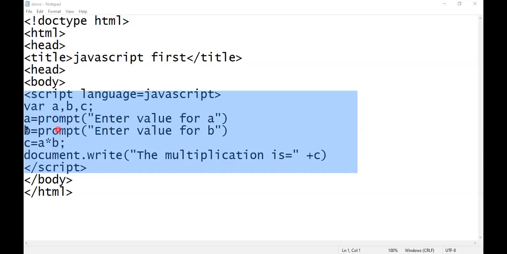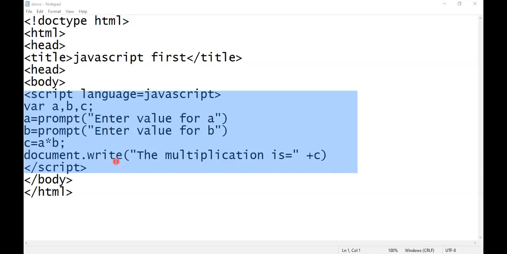Now the value obtained in this c variable, we can display by using the document.write statement. The document.write statement is very important in JavaScript. When you want to display the output on the document area, it can be done by using document.write. Then what is the syntax of document.write?